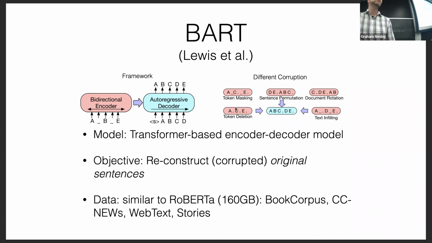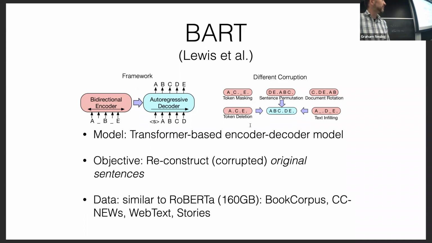methods, basically. So they do things like token masking, masking out individual tokens, deleting tokens from the input, permuting sentences, document rotation. So they rotate things within a document. And they also blank out individual inputs and try to infill them. So it's not just masking individual tokens, but it's masking entire sequences of the input and trying to reproduce them. And so each of these has different kinds of functionalities. This helps you solve cloze tasks or learn good representations of individual words, kind of like BERT does.